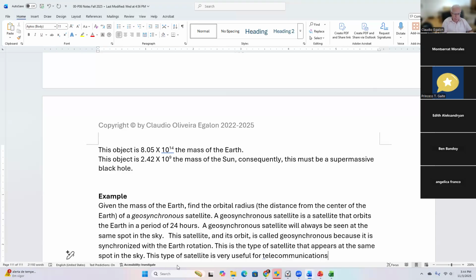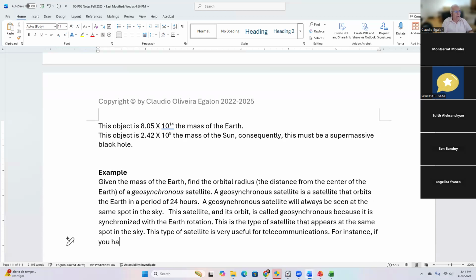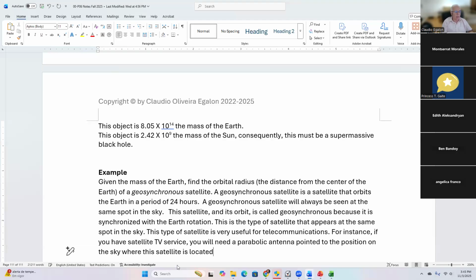This type is very useful for telecommunications. For instance, if you have satellite TV service, you will need a parabolic antenna pointed to the position on the sky where this satellite is located. Okay,